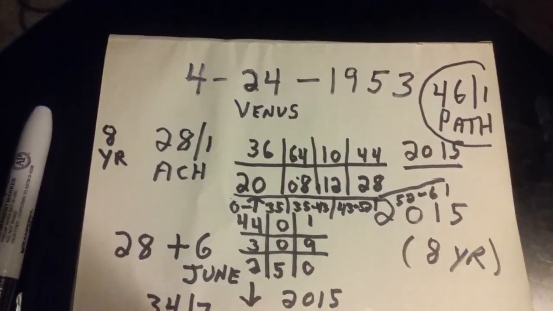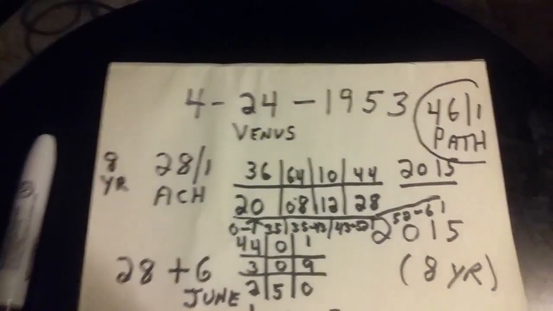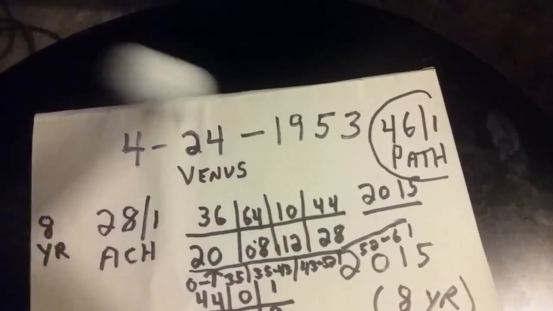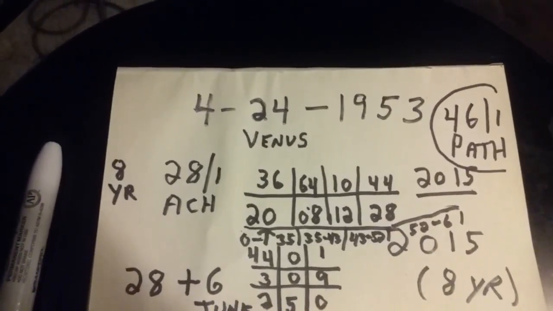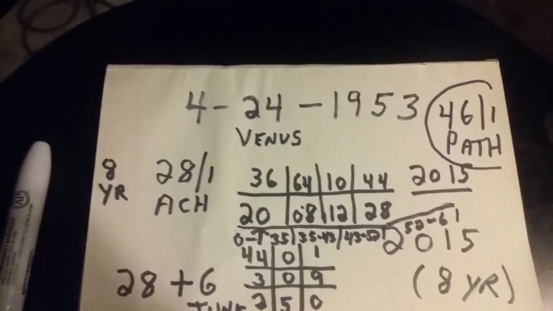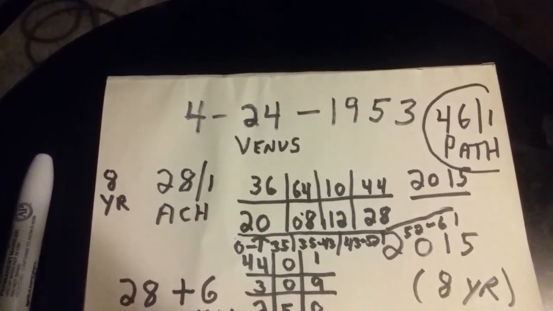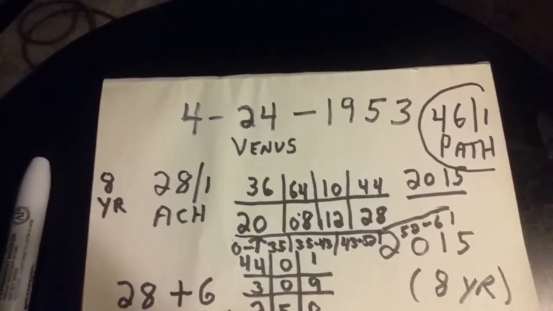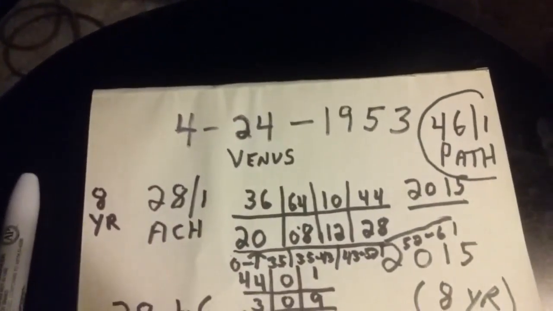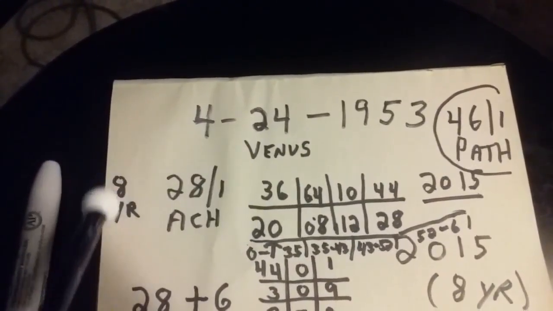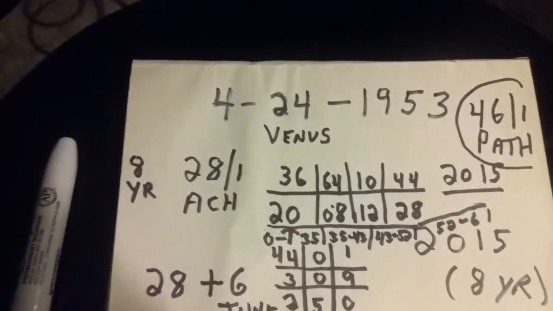You add the 36 and the 28, and that adds up to 64, and that's the second pinnacle. And of course, if you reduce the number by addition, a 36 is a 9, and a 64 is a 1. And then you add 64 and 36, and you get like 100, and so we put it down as a 10 just to simplify it. And then you add 36 and 8 is 44, and that's the last